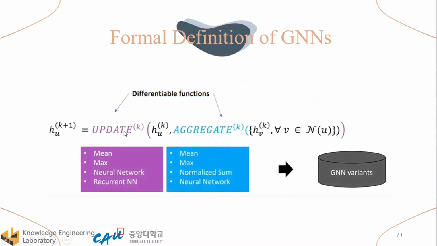The update function and the aggregate function can be any function like min function or max function, or we can even use a neural network to learn a function. So it will create various graph neural network variants. And